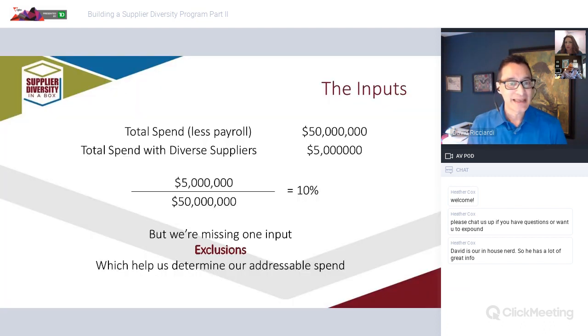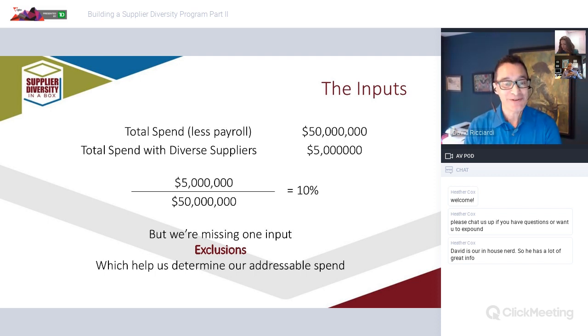And there we go. So let's just talk about some very simple numbers. These are intentionally designed to be very, very simple and straightforward. But let's say we're dealing, what are our inputs when we talk about spend diversity? First, of course, you're talking about what's my total spend. So in this case, let's say we're dealing with $50 million. We've already taken out payroll from that because payroll is not money you're spending out on vendors. It's obviously more of an internal line item. And then out of that 50 million, you've been counting and you say, well, I've spent 5 million with diverse suppliers. 5 million divided by 50 million, 10% diverse spend. Easy, right? Yep, that's simple math.